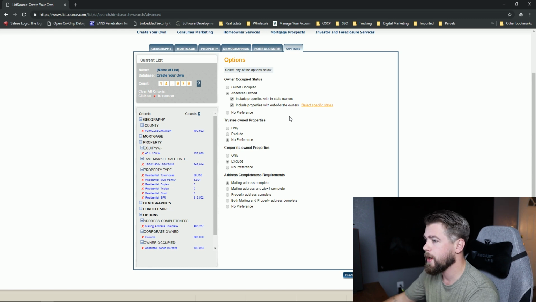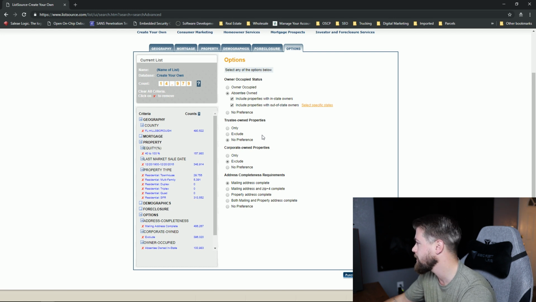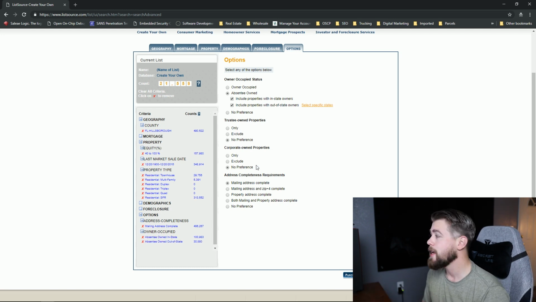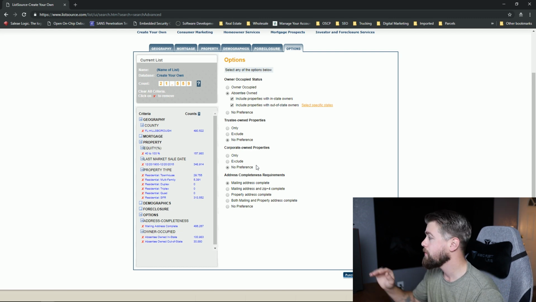Okay, so now we want it in and out of state, and now we want to do corporate properties. We have no preference on that. We don't care if it's corporate owned or not. I don't care if it has a business or not a business. If you don't want to have to deal with looking up LLCs and things like that, then go ahead and